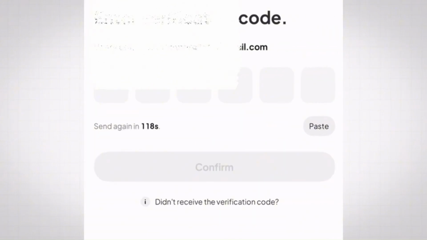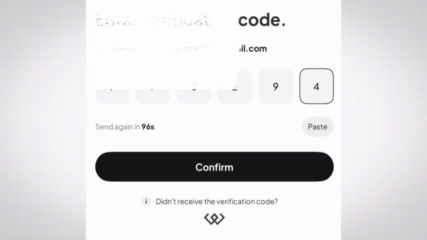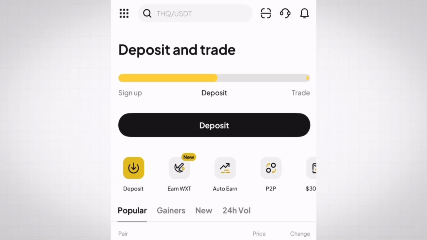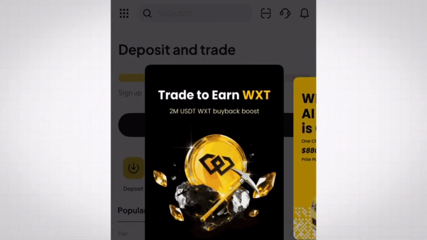So they're going to send me the verification code on my Gmail. So I'm going to go ahead and get that code right away. So once I do that, it's going to automatically log me in, which as you can see now, you want to see they say